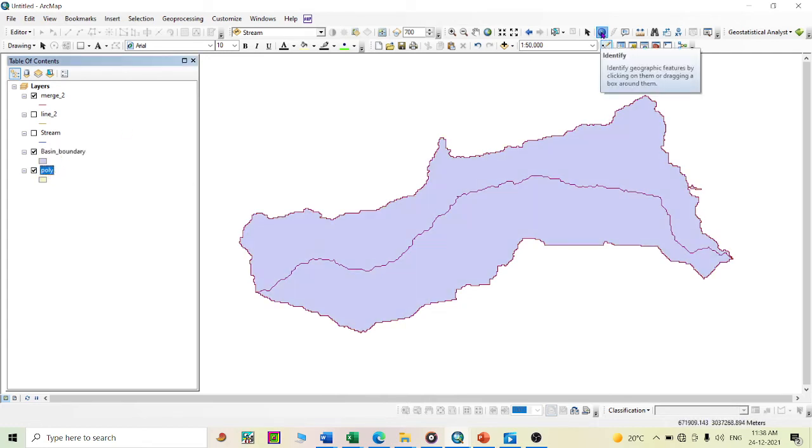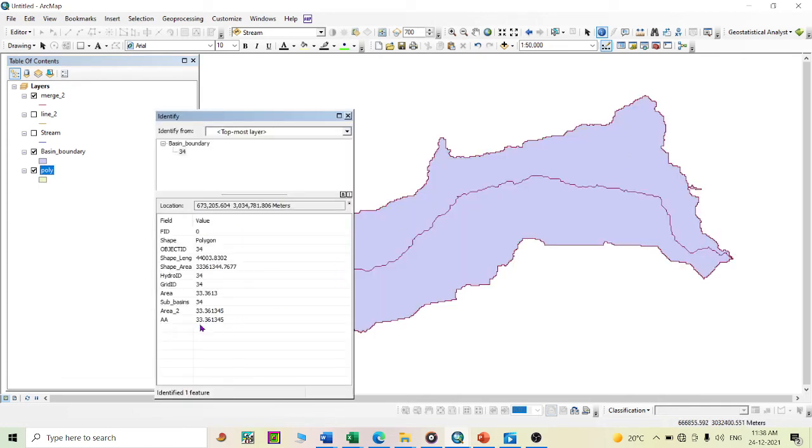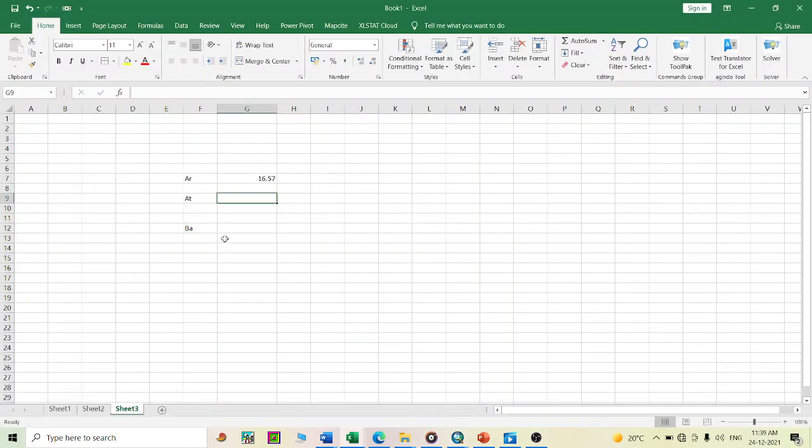So use the identification tool and just click, and the area is 33.36. 33.36.